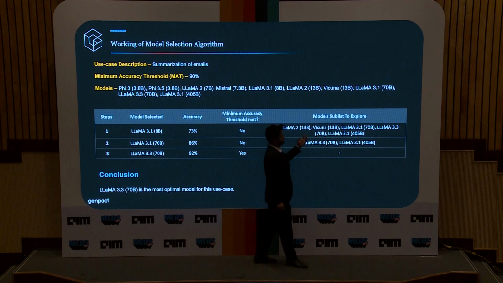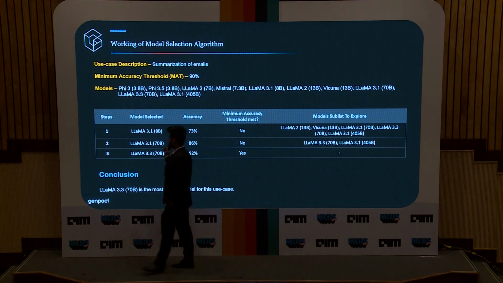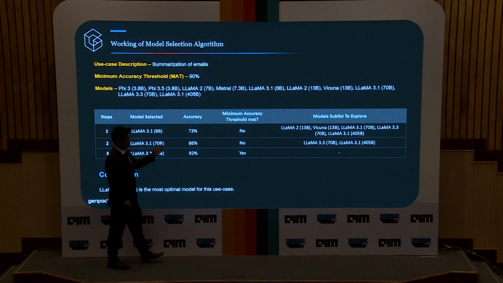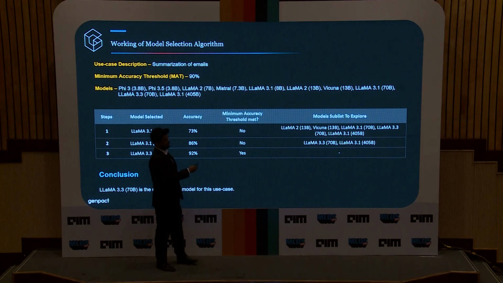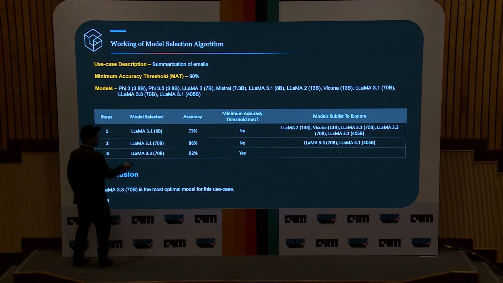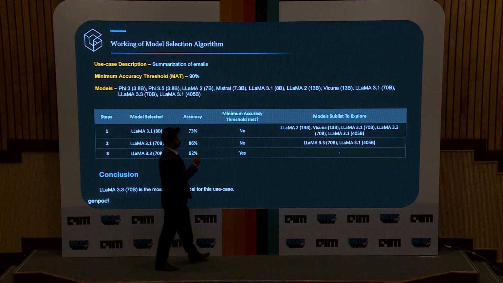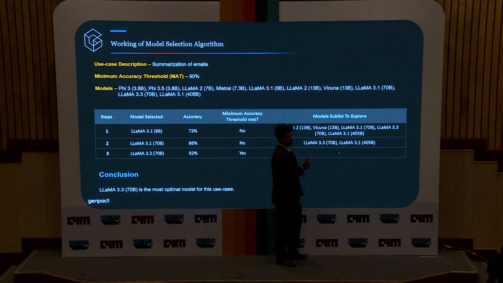So now there are 5 models left, which are on the right. In these 5 models, in the second step, we go for the middle element once again. You can check, and the accuracy is 86. It is still not able to meet it, but now we are left with 2 models. In the third step, we go ahead for another model. Now it is able to give you 92. And here, while the accuracy is being met, we stop, because now there are no more models left to optimize